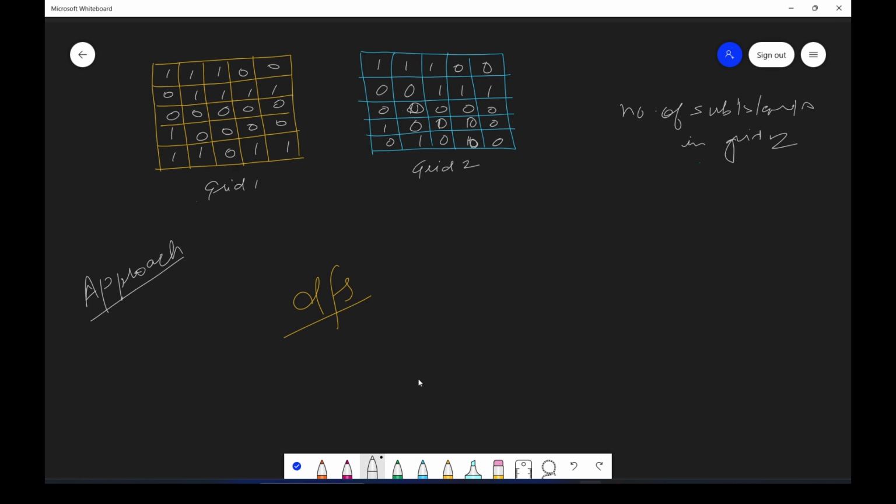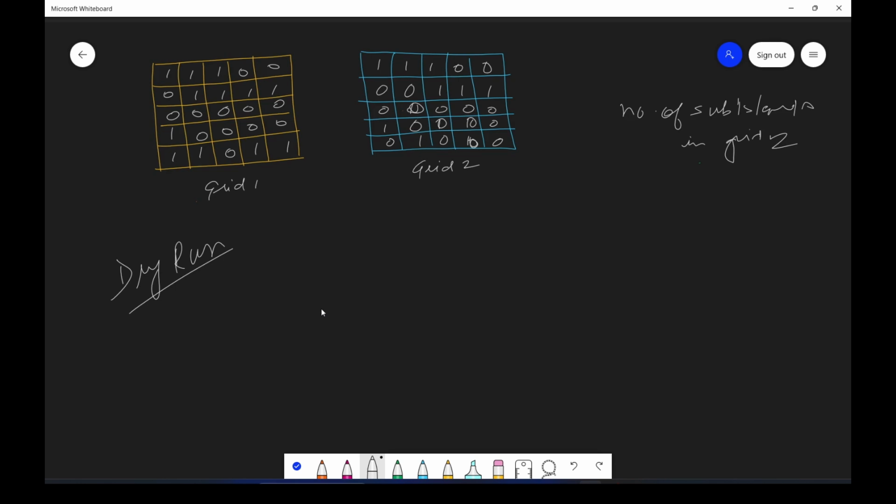So once this is done, after that we will basically do a DFS on this grid again to find out all the connected ones. So this is one connected, then this is another, and this is another. So this will give us the number of sub islands we have. So I hope you understood the crux of the problem, the approach. Now let's quickly do the dry run so that you are able to understand better.